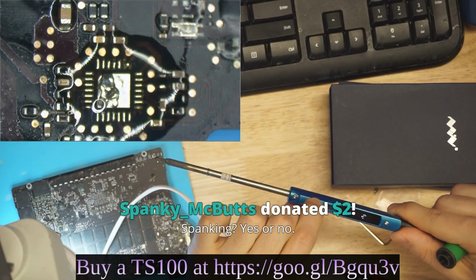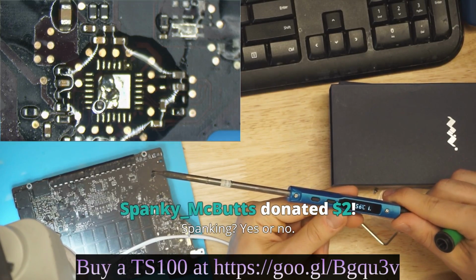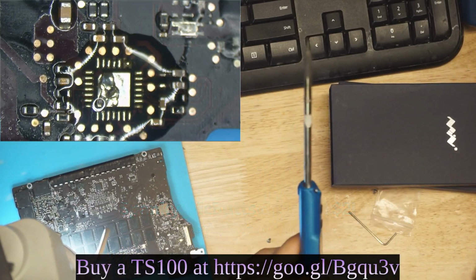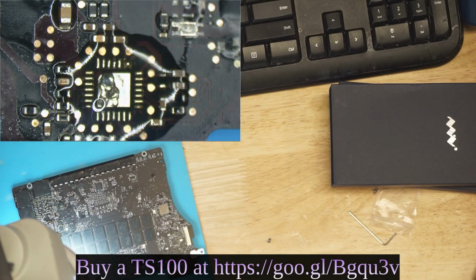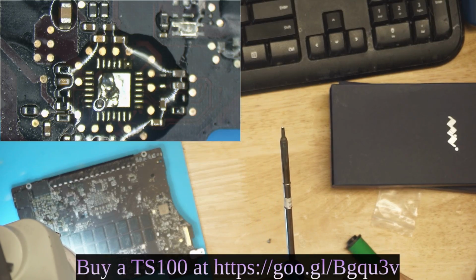Okay, press button. All right, so it does seem like this will heat up Hakko tips. It also seems like the Hakko tips are much longer than the normal ones, so... Yeah. So let's check out how this works. It looks like you can use the T12 tips with this just fine. And I'm just going to tighten that tip up before I...